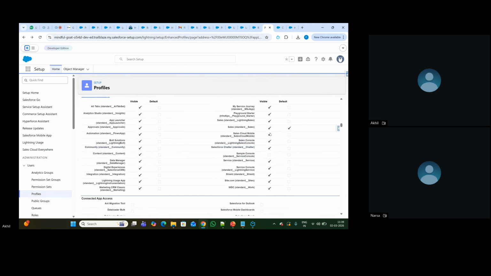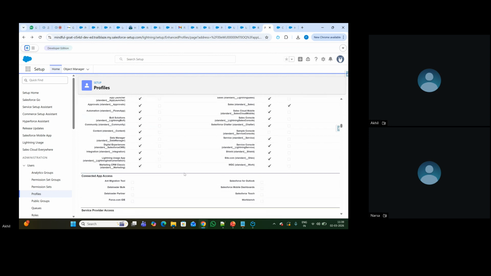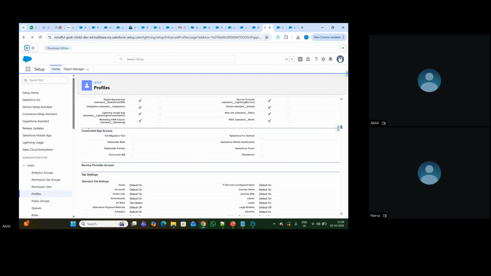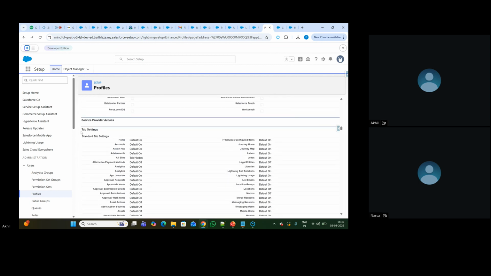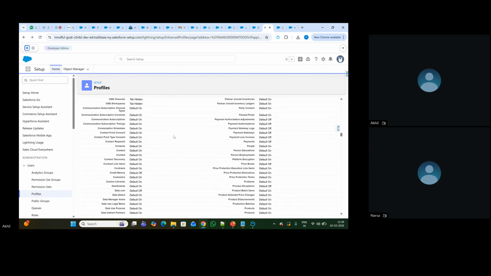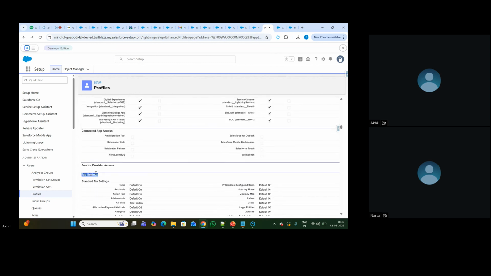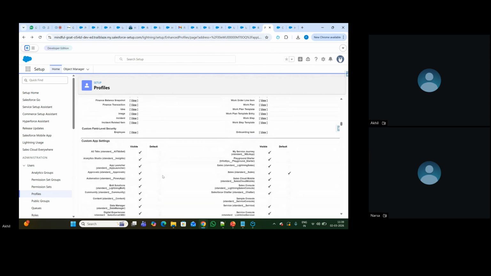As you can see, we have access to these apps, and we do not have access to this app, and we can decide the connected app access. We can decide the tab settings, which tabs the user should have access to. These are all options inside the profile. So we discussed login hours, login IP ranges, tab access, object access, and field access, for which fields the user should have access to,